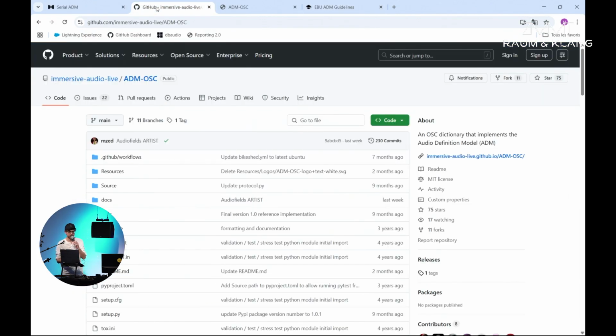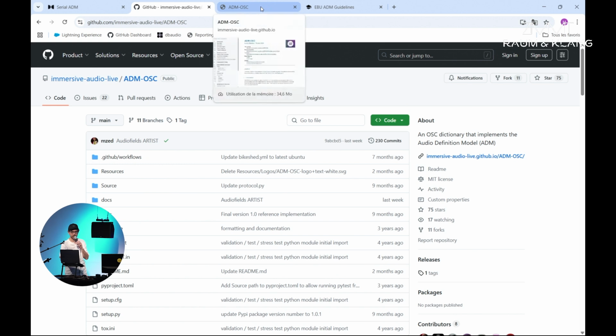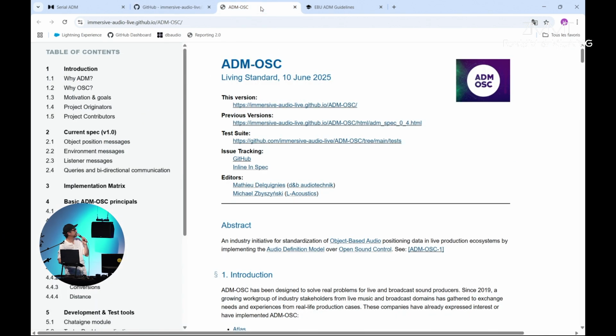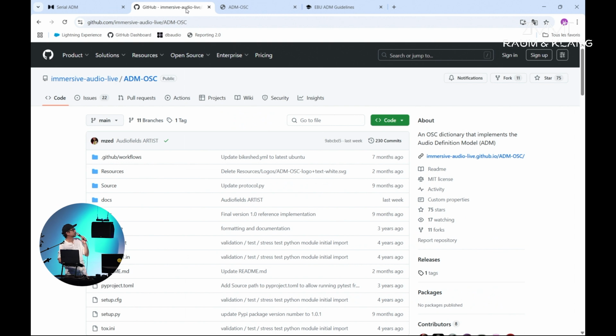I will give you a QR code, don't worry, so you can find the link back. Everything is open source and contributive. We use GitHub to build this open standard. You see that on the GitHub you have some issues. The GitHub issue is a kind of discussion forum, so you can jump into the issue and see what are